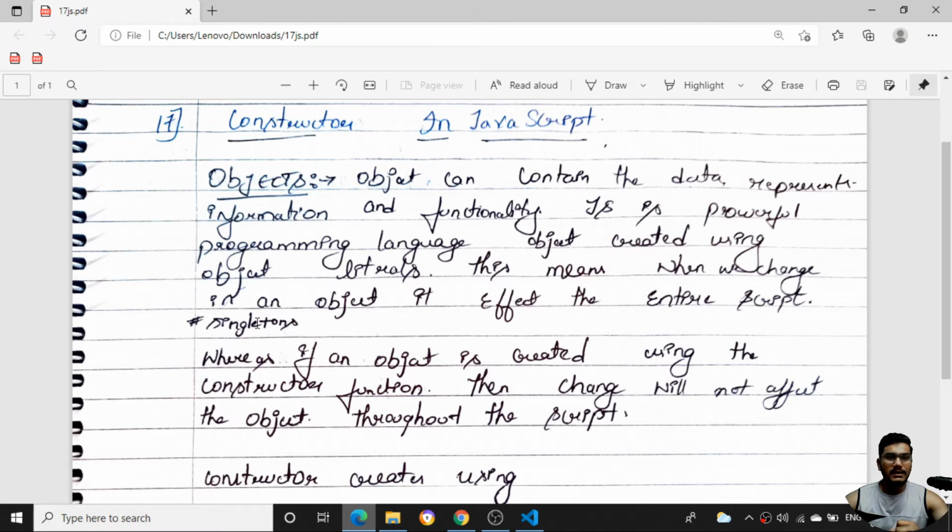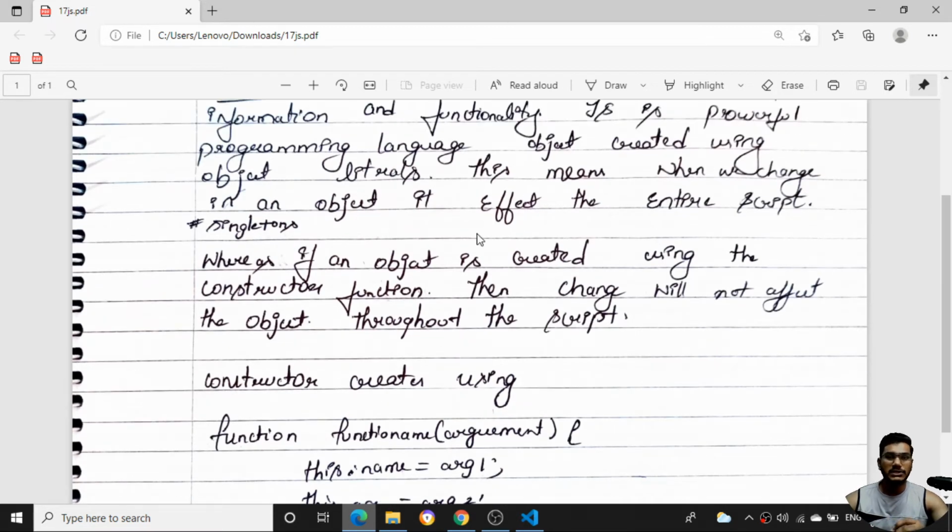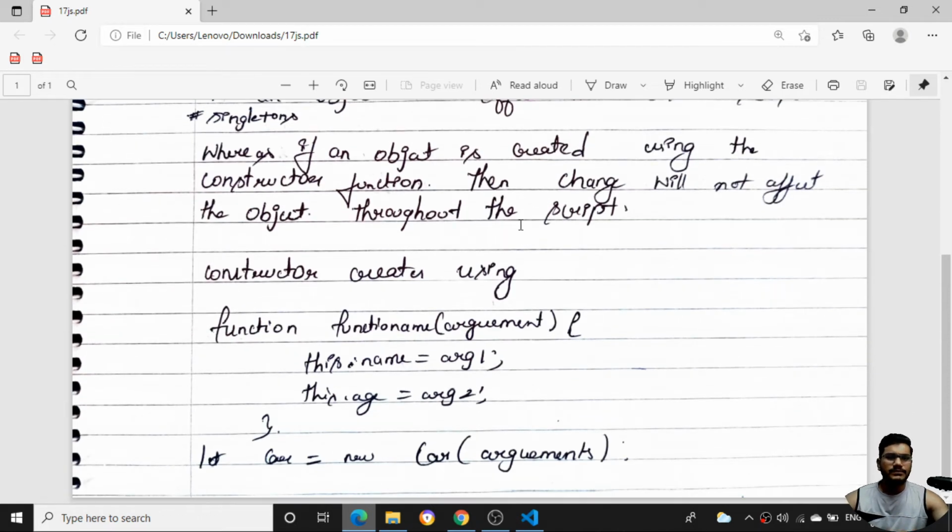With normal object literals, it will be a single level thing, and if we want to change things, we need to change everything. When we create a normal object, the function will not affect the object throughout the script. I have specified this in the notes. You can see the constructor can be created using a function name, that is, a function as well as a function name.